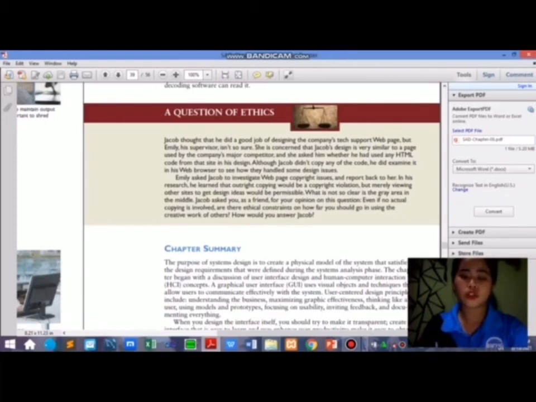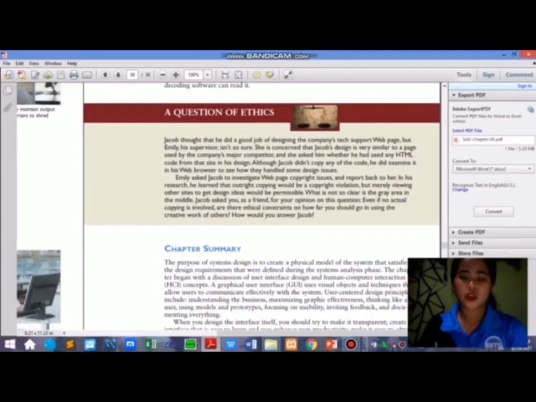I mean, the work of others should just be your inspiration or your guidance, and if you know that your work or design is similar to the one that you see or examine, then you should just change it, or at least make it look more different from the original. This scenario really involves